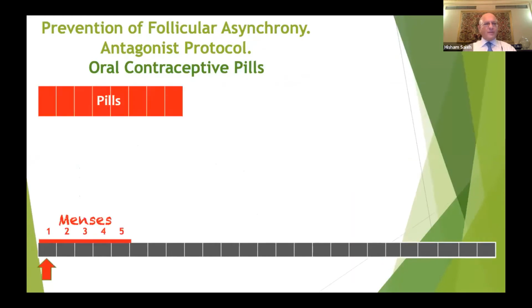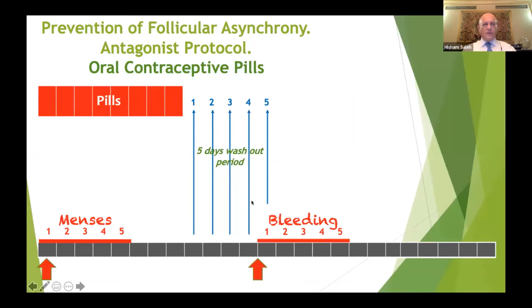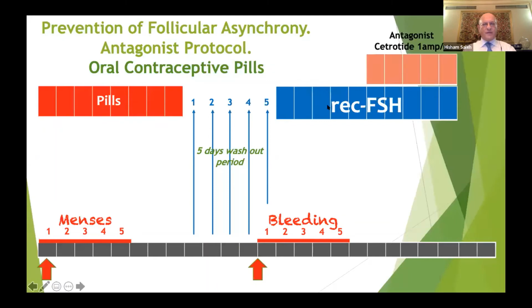So in the antagonist protocol, we start the pills on the first day of the menses, and you give them for variable periods, maybe 10 days or more. And when you stop the pills, it is very important to have exactly a 5-day washout period before you start your stimulation. This period is very important. During this time, bleeding will occur. Whether bleeding occurs or not, on the 6th day after the washout period, you start your FSH